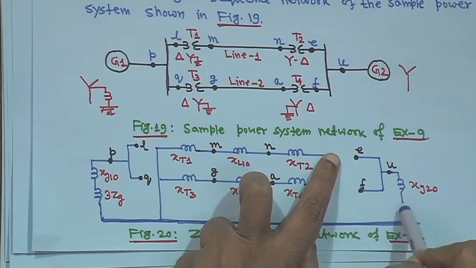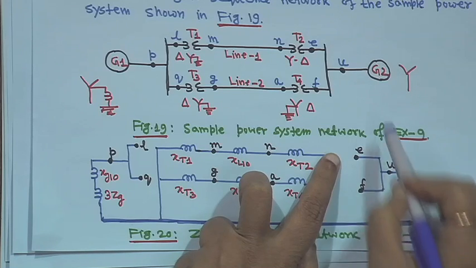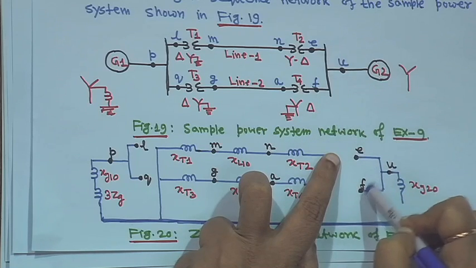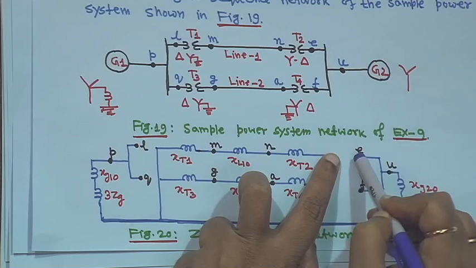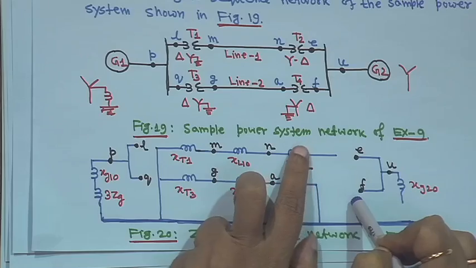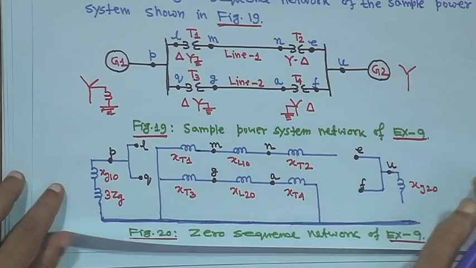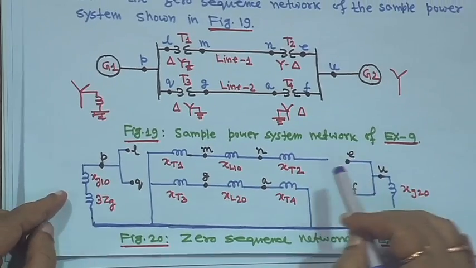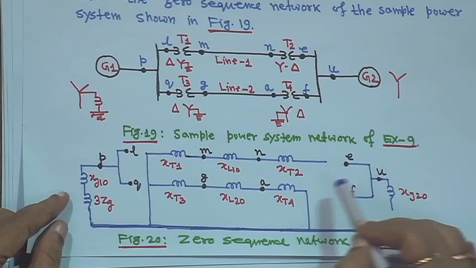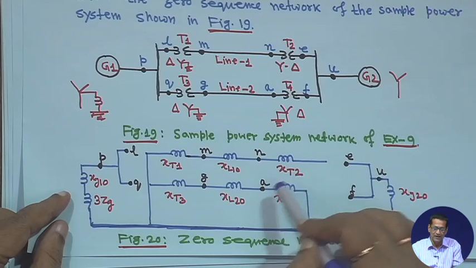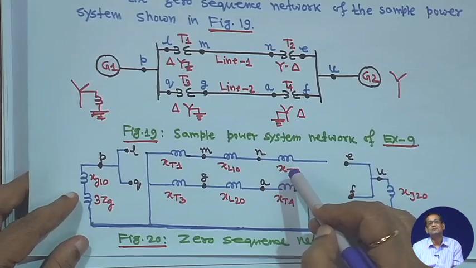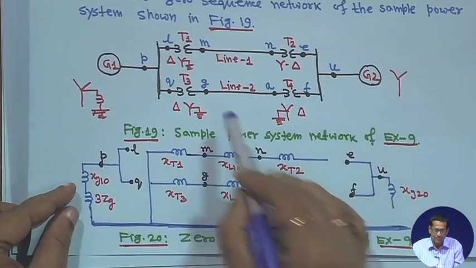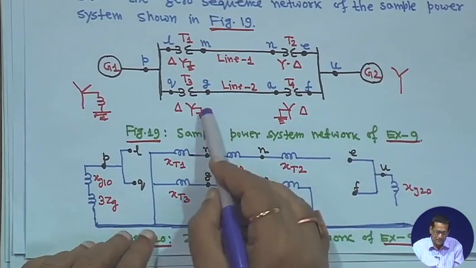So, it should not be connected to the reference bus, it is X g 20, right, and this is your E and F point, but this is delta also, complete isolation. So, that is why this is totally open, and because of delta, I told you that even if circulating current will be there, it cannot leave that delta terminal. So, it will be isolation, and for line 2, when it comes,